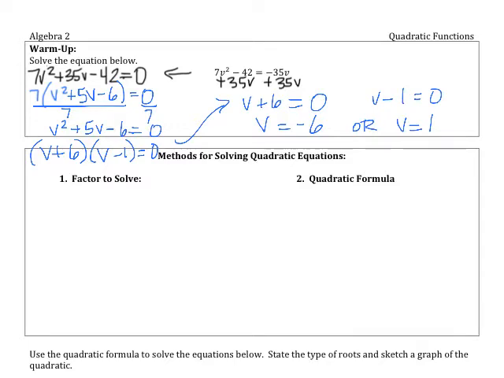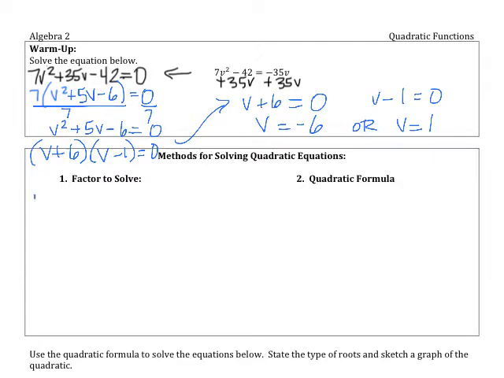We applied the zero product property. The set of two numbers are multiplied to equal 0, so we can set each of them equal to 0. So in this chapter, we're going to use that method, factoring to solve, and then another method to solve quadratic equations. So let's go through the steps that we just did for factor to solve, which is what we did